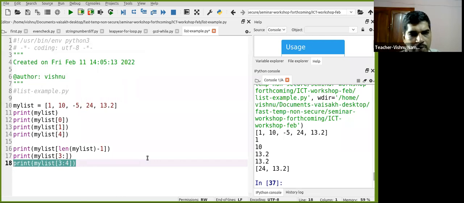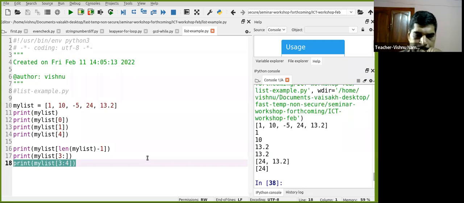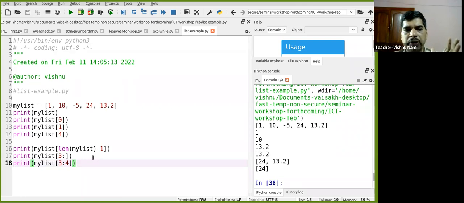So what will be the output? What is the output? Are you getting 3 and 4? No, you are getting only minus 3 colon 4. You will be getting only 24. Only the third element you are getting, because once again in list indices also, when you are trying with this